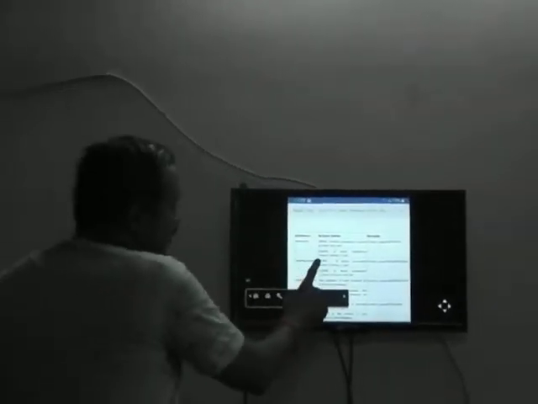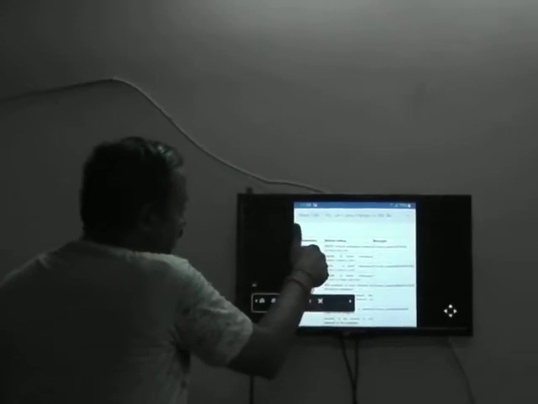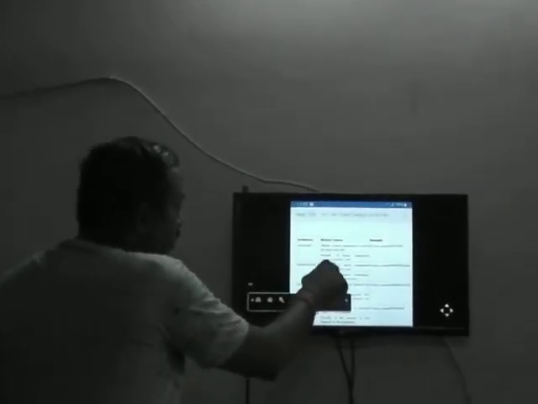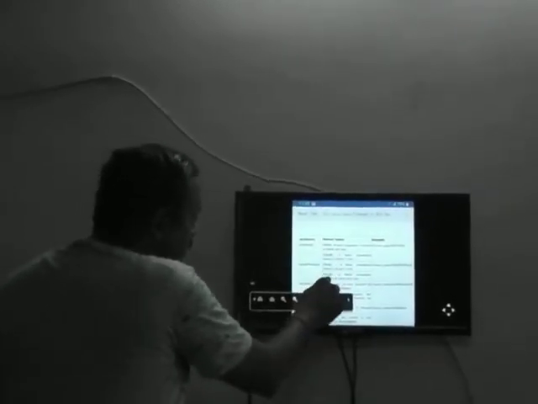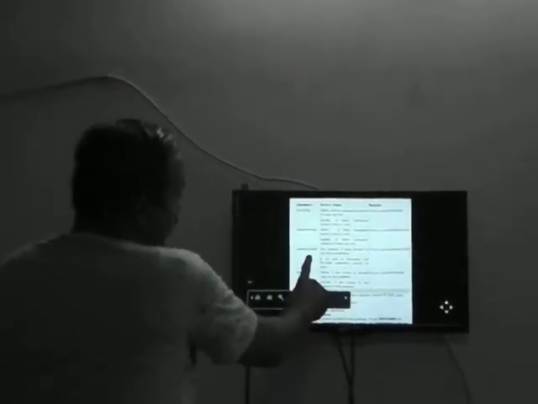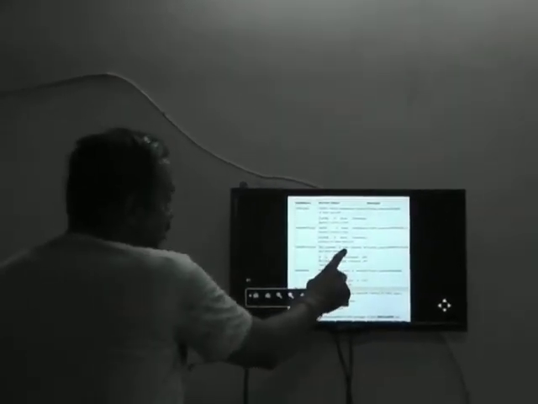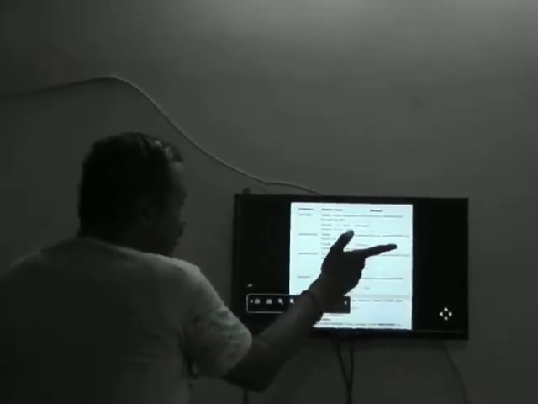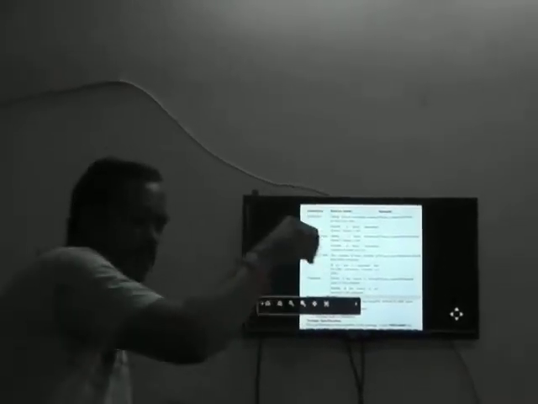Then %NOTFOUND is simply the reverse, vice versa of found. Here true is equivalent to false, and here false is equivalent to true. Okay, then %ROWCOUNT, how many rows are in your temporary space. So no rows will be selected, no rows. %ISOPEN tells whether the cursor is already opened or already closed. It notifies you with the help of this attribute called %ISOPEN. So there are four attributes: %FOUND, %NOTFOUND, %ROWCOUNT, %ISOPEN.